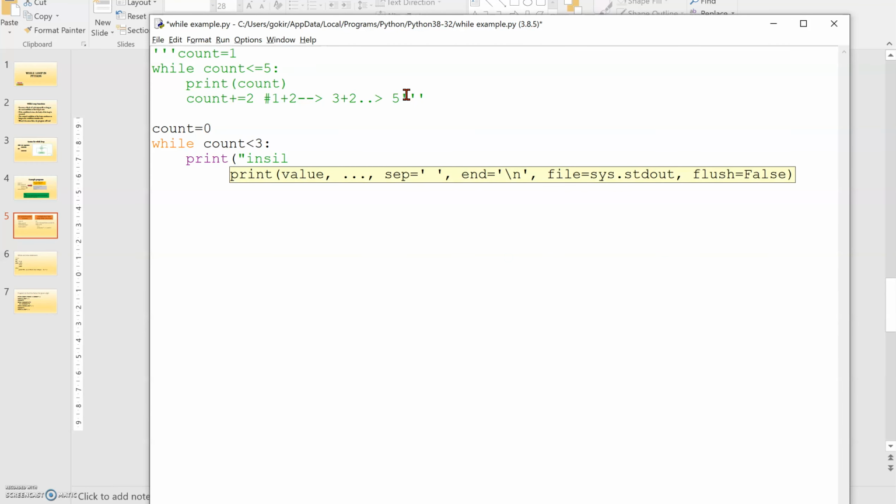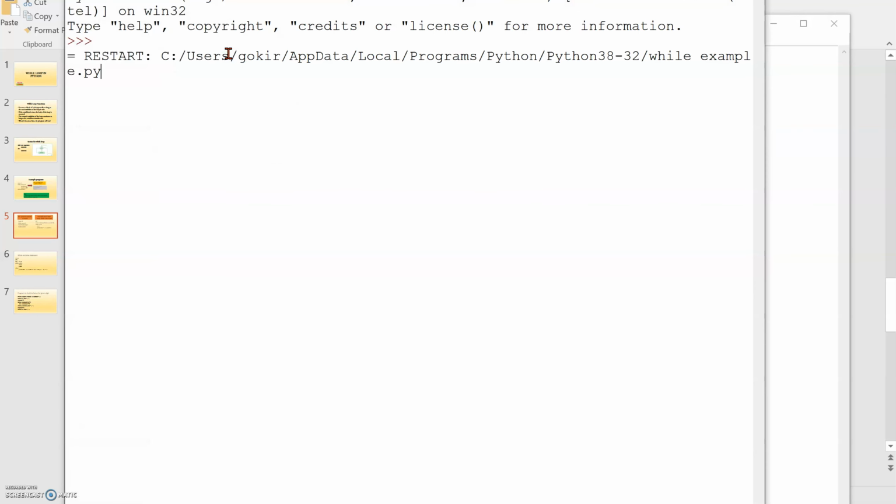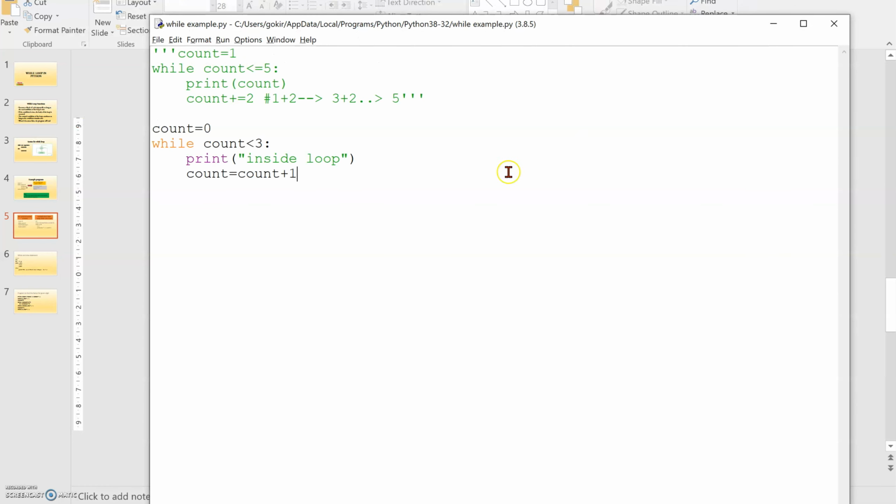It has to print inside loop. When we print inside, I need to increase the count value. So when I increase this count value, I can run this module. Now what is happening is, inside loop, 3 times it starts printing, because 3 lesser than 3 will become false.